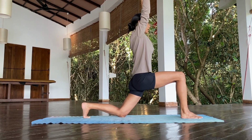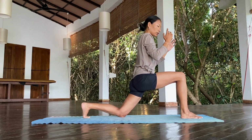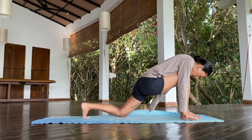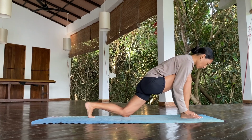Inhale and exhale. I would usually suggest you stay longer, but if it's too uncomfortable, too painful, remember, you can always fold the mat from the side or put a cushion underneath it and be very gentle and kind